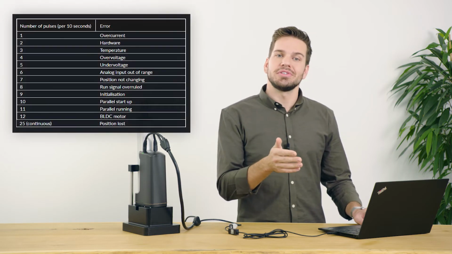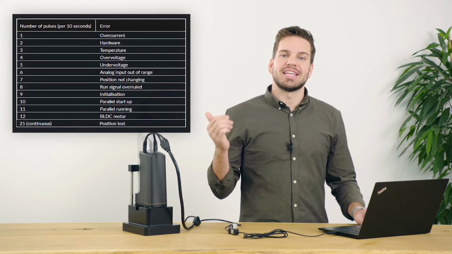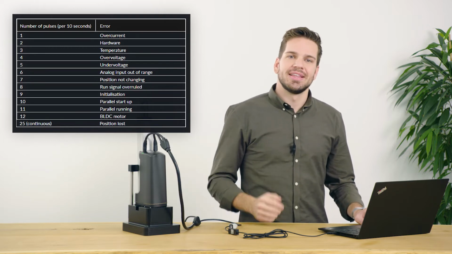For applications where downtime is not an option, Linac offers error codes as a digital output for easy troubleshooting. You can set up a digital output that every 10 seconds relays an error code. The actuator will send a number of pulses to your controller depending on the error type, following the patterns in the table shown here. This will save you time when you can easily troubleshoot the system and get remedies to solve the problem quickly, which otherwise might have ended up in unnecessary replacements.